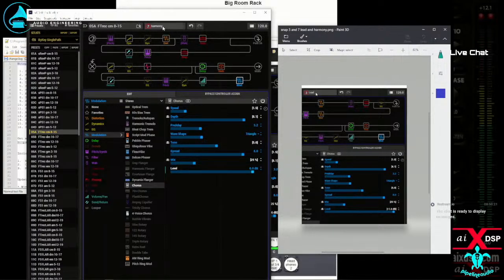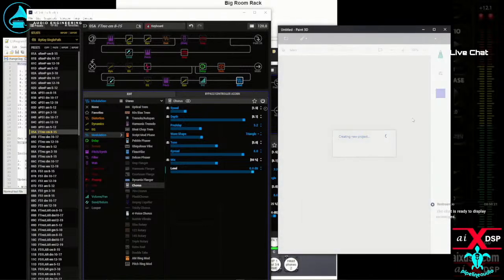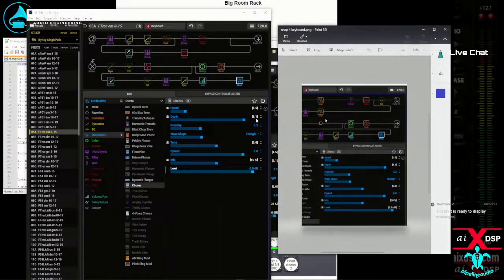So harmony. And the last one's going to be the keyboard setting, which, man, it's crazy that I have the keyboard set so high. Where is it? 1.5, 8.1, 5, 50. So I guess that's just the same as the lead. Okay. So that is